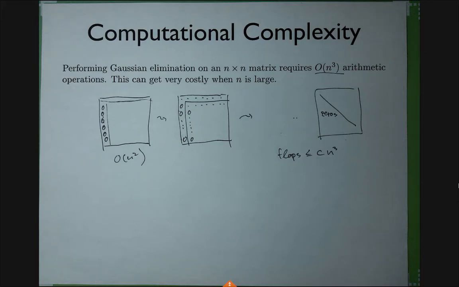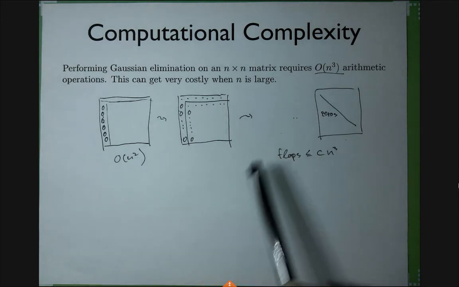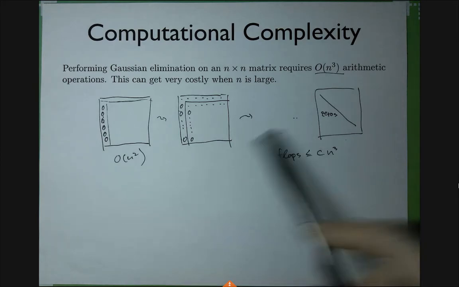Whoever has a computer science background should be horrified by this. Because if you get a 1,000 by 1,000 matrix, or 10,000 by 10,000 matrix, or 100,000, that's pushing it really, right? And a million by million matrix, that's probably not gonna happen, right? You probably wouldn't even be able to store a million by million matrix. This is actually the reason why the LU factorization and the Cholesky factorization are